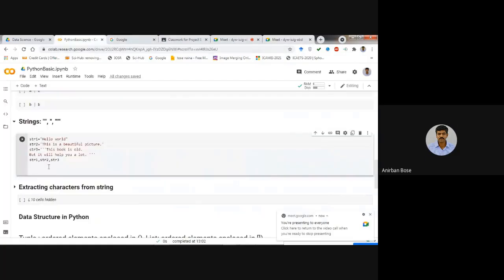Now you have understood how to assign a string, right? To assign a string, you know that you have to give a quote, inverted comma. Within inverted comma, you have to write that particular text, right? That is how the string is assigned, and that can be either single quote or double quote generally. When we generally use double quote is when it is difficult, suppose there is something written it's. Let us consider something is there.